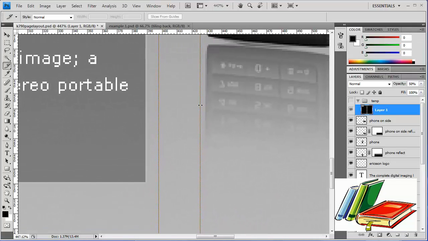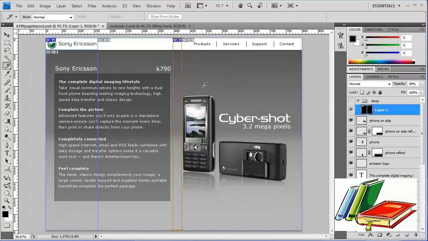Okay, so I'm going to hit Control-0, zoom it back out, and I guess this is pretty much all we need for the slicing up to this point. So what I really want to do is save this as a separate file. Now you'll notice the original document is saved as the K790 page layout, and I typically sort of create what I want there, and